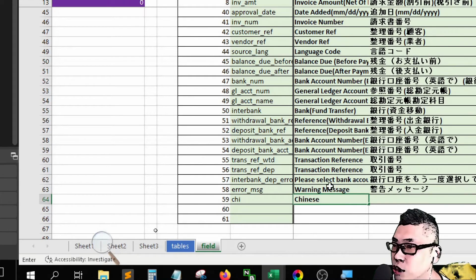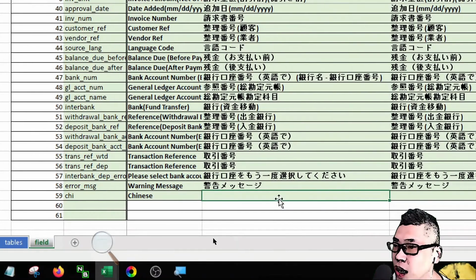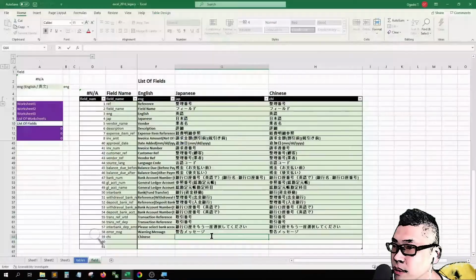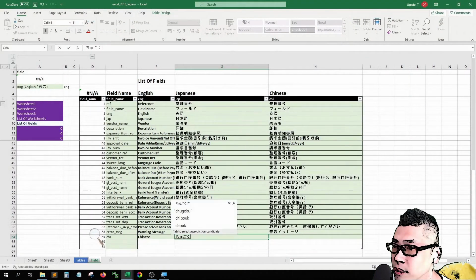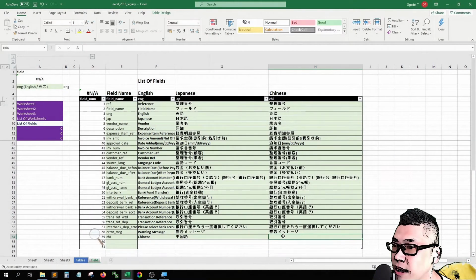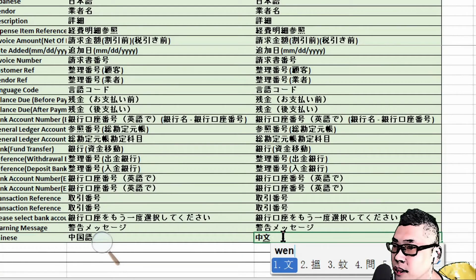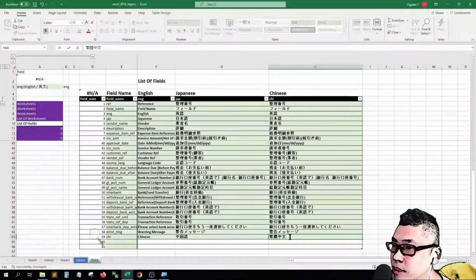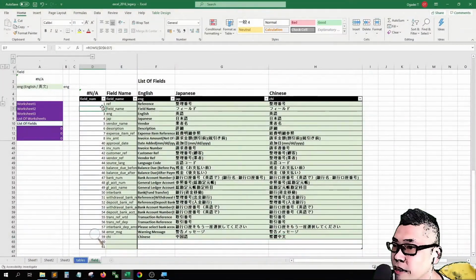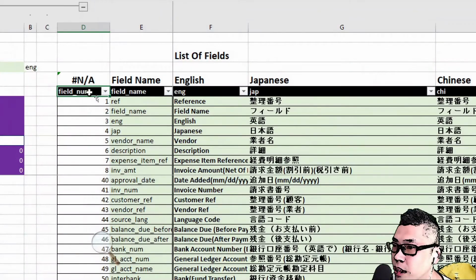This is the English description. And then Japanese. And then traditional Chinese. All right. Make it fit. Field number, I should make it field name. Change it to field name.